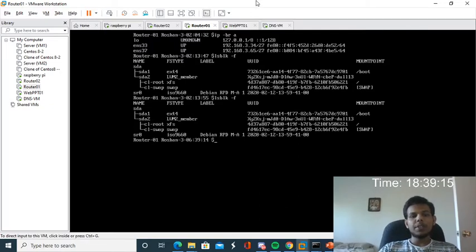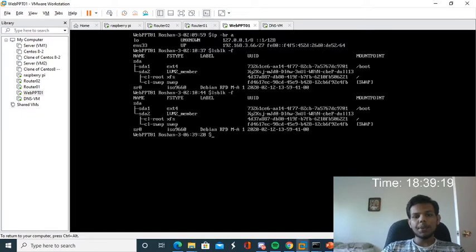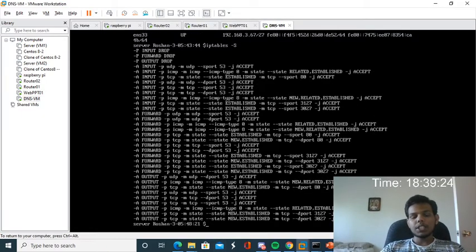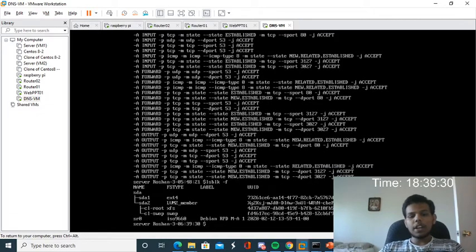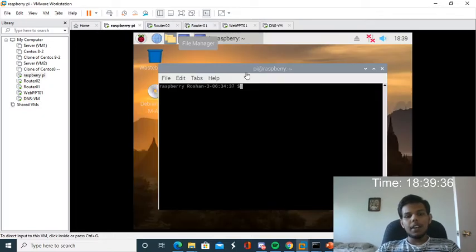Here also I have used that VM in web PPT. Okay, I have already typed the command. And in DNS VM also I have used the same. So I have used the PPT01 VM for all the VMs except Raspberry Pi.